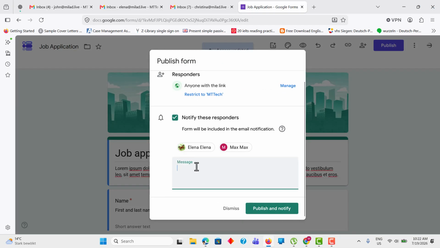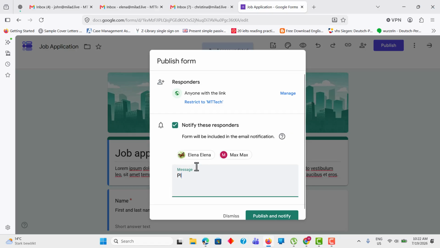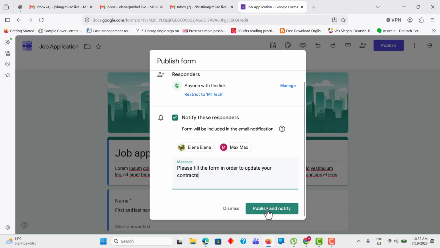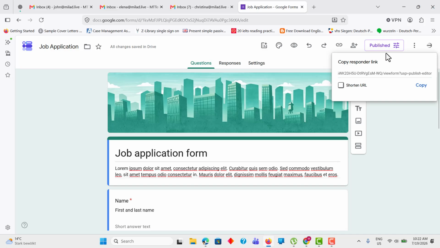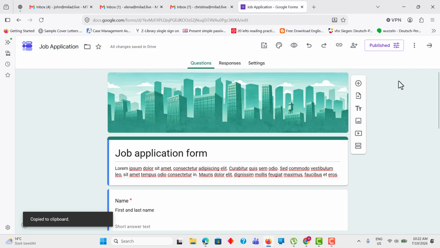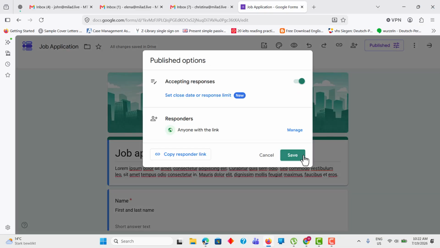So you can give a message, please fill the form in order to update your contracts. So publish and notify, and even you can copy the link as well in order to share it with the third party. So it's already shared,